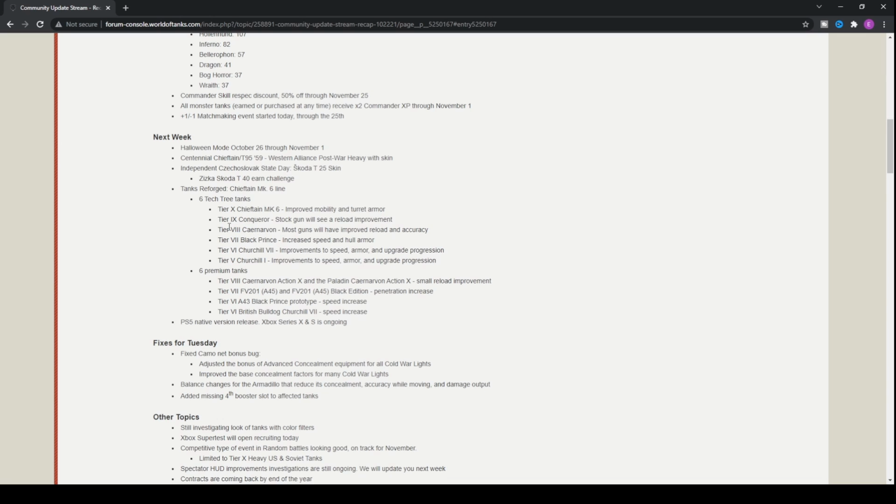I think they got an increase in alpha, I can't remember entirely, but a long time ago they were absolutely awful. Now they're just kind of awful, but they're going to be made actually pretty decent with these most recent updates. As with the Black Prince, the Churchill 6 and the Churchill 1 will be getting improvements to speed, armor and upgrade progression, so you will probably be able to get better upgrades throughout the progression, rather than just having some of the worst upgrades first,